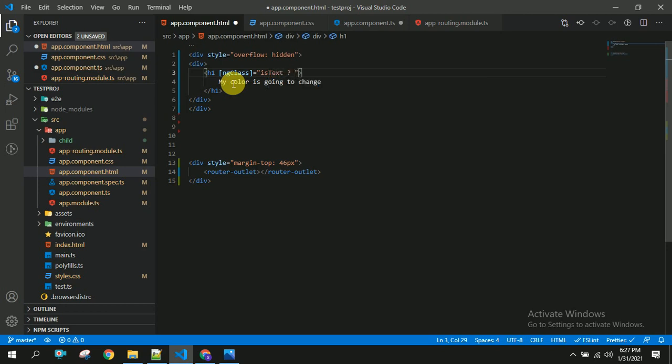If it is true I am going to apply the style class1, and if it is false I am going to apply style class2.